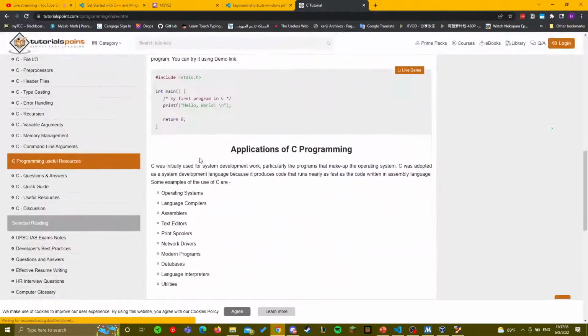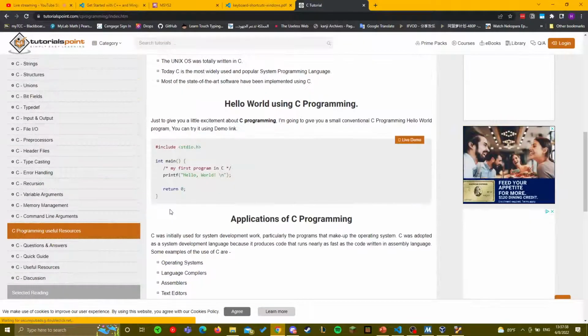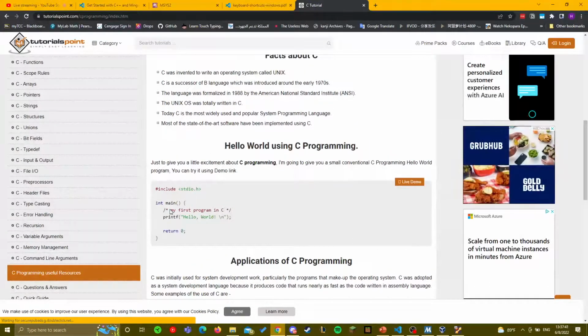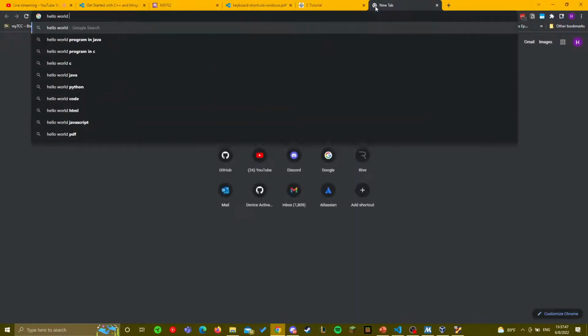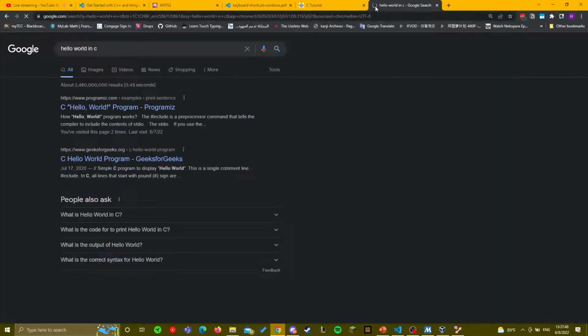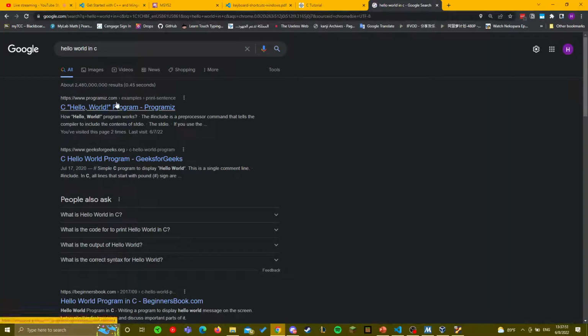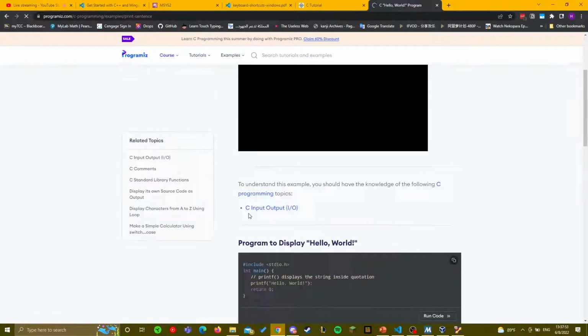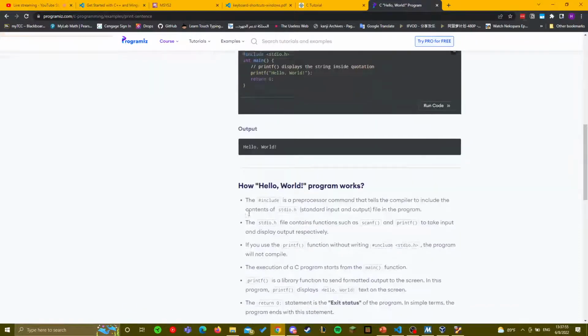They do include a lot of what you want to cover. You can also just enter any kind of question you have. You can say, hello world in C, right? And it'll pull up anything. Programiz is nice. I like the way they have their stuff formatted, right?